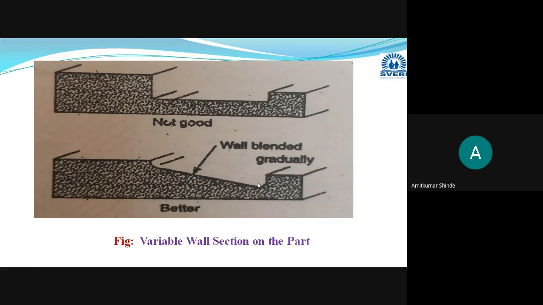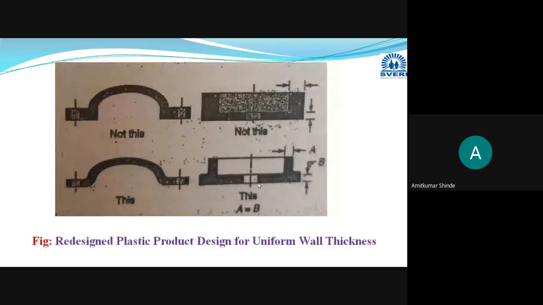To avoid that, a gradual decrease in the wall thickness is provided. Okay, then the next point: these are some variations in the wall thicknesses. Whenever you are designing, suppose again, whenever you are manufacturing some handles and knobs of plastics,